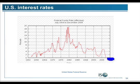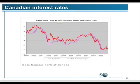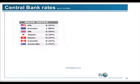It's the U.S. dollar against the Canadian. Over the last 10 years, we've seen a significant reduction in Canadian rates. And this is where we were as of a couple weeks ago. Highest rate, the ones that I was